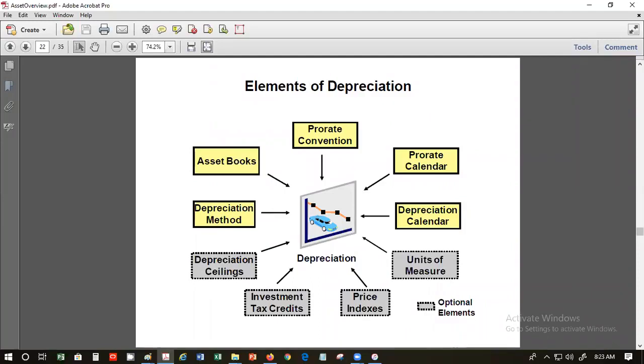So in terms of depreciation, these are the typical elements or aspects of depreciation that one needs to keep in mind. Starting from depreciation